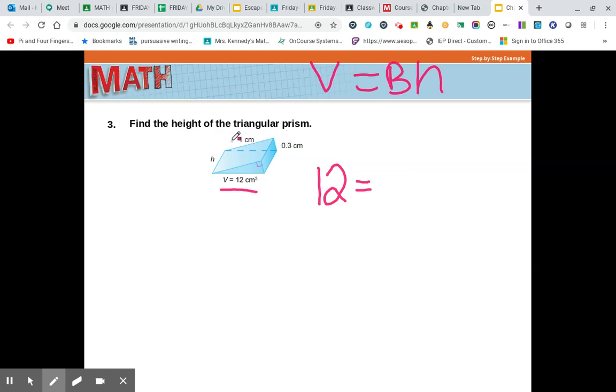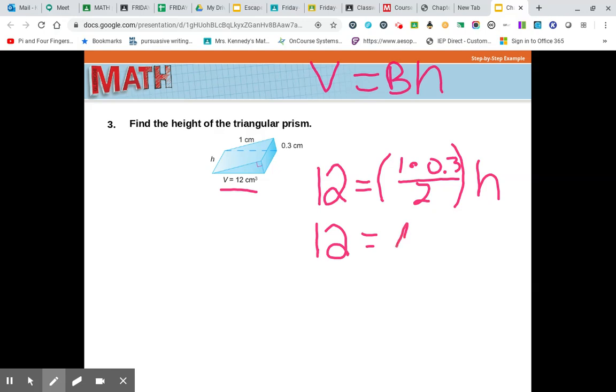3/10 is your base, and there should be an arrow pointing down there, I feel, to help make that a little bit clearer to understand. But then we're going to go ahead and substitute in 1 times 3/10 divided by 2, and we're multiplying that by the height that we need to find. So now we have our equation. So multiply this, 1 times anything is itself. So it's really 3/10 divided by 2,